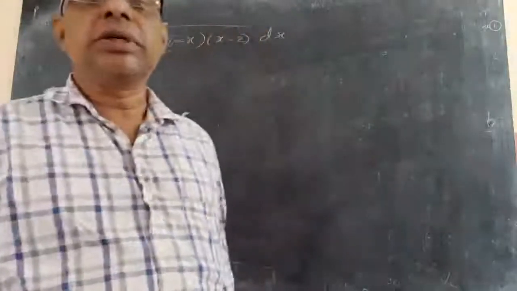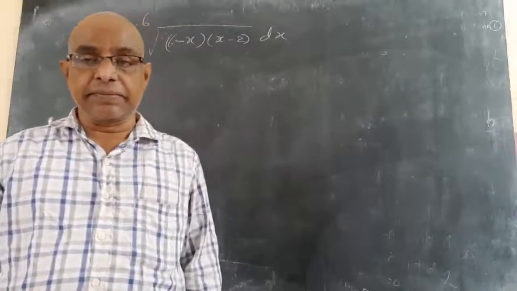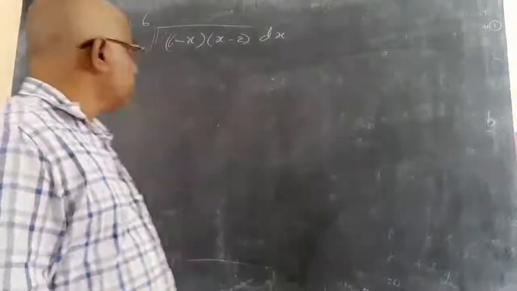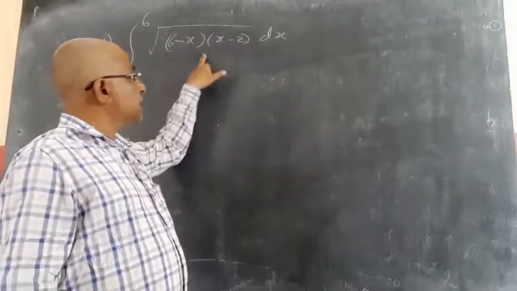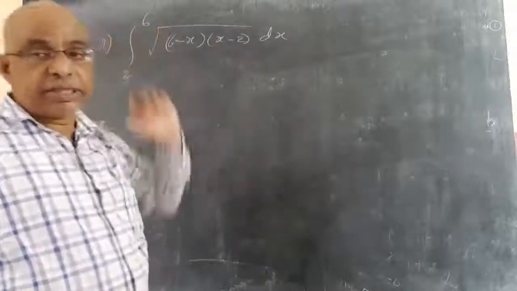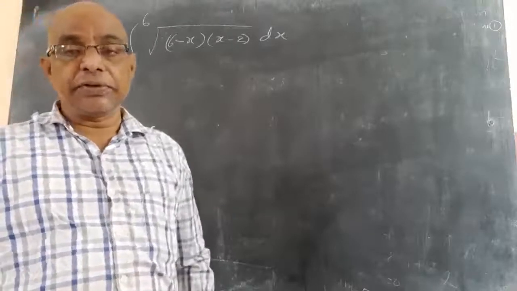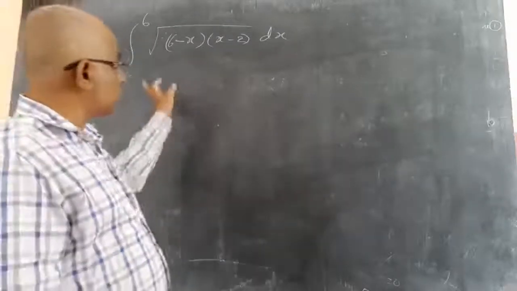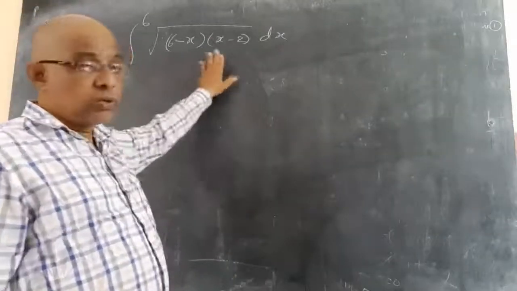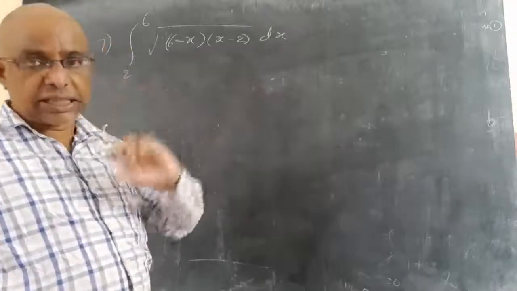Yesterday we discussed the integral of root of (x minus a) by (b minus x), or (x minus a) by (b minus x), from a to b. Same like root of (b minus x) into (x minus a), where the limits are a to b. Same sum, same type. The only difference is that the numerator and denominator were there in the previous sum. Here both are in the numerator: root of (b minus x) into (x minus a). This sum you can 100% do directly, or you can do yesterday's method.